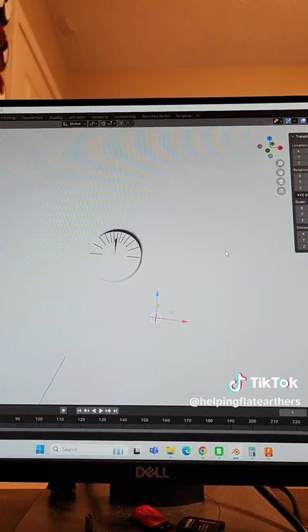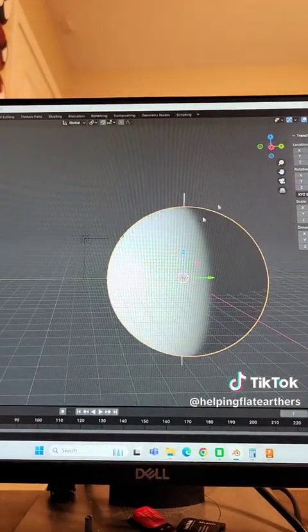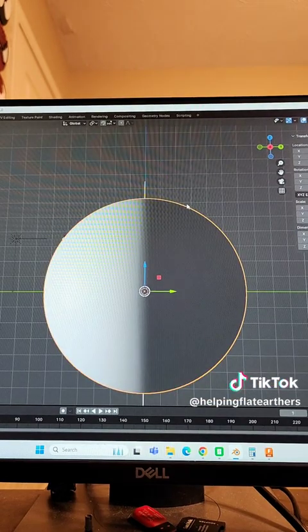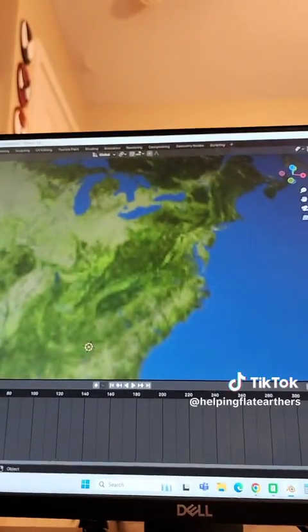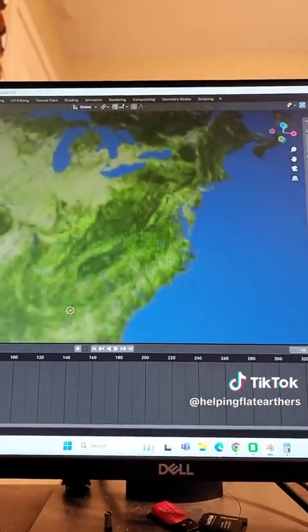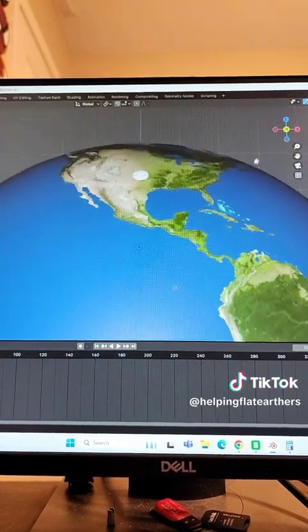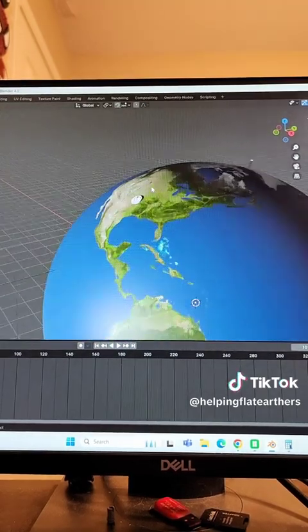So okay, well, what happens if this ball is completely up and down? So what happens when we angle it out? So let's check it out. Put it on a 23.5 degree tilt and see what happens. All right, so let's try to make this as realistic as I can on this one. So now we have a 23.5 degree tilt